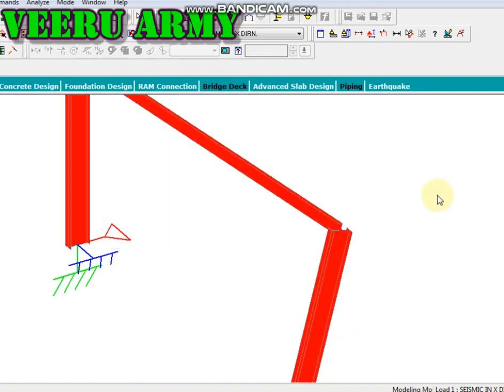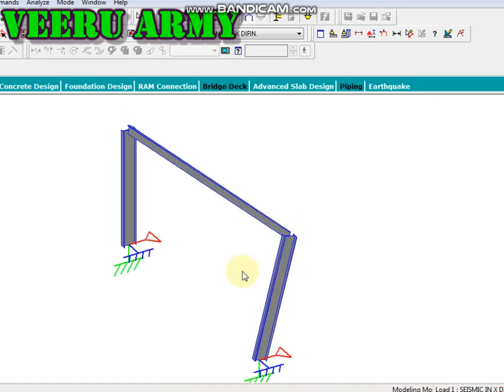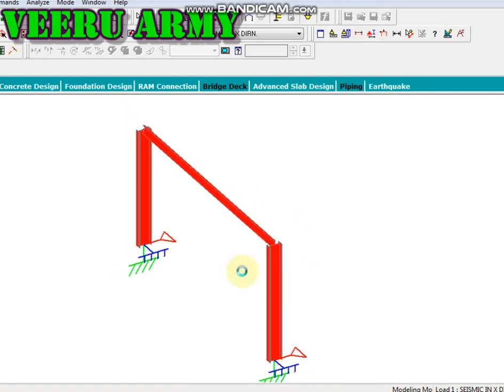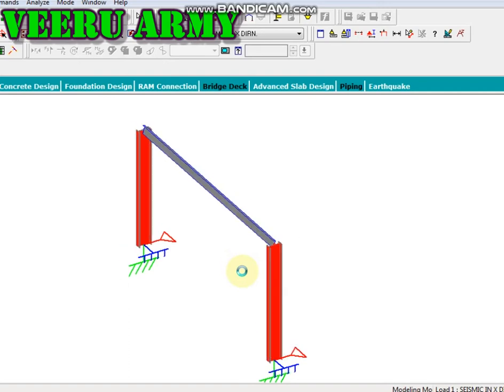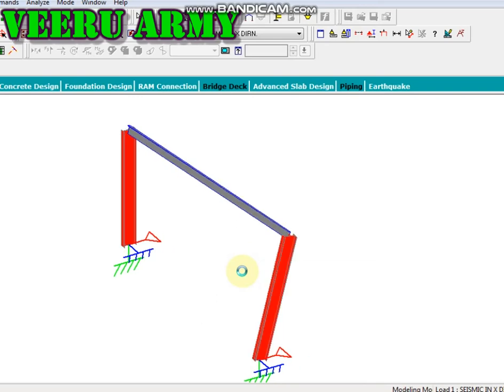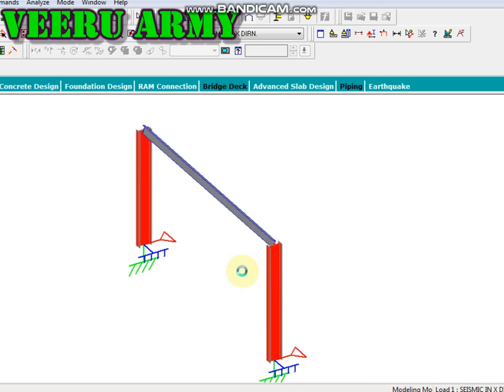Okay, you can see it. The column will be moved in such a direction, but when the column moves about the z-axis, then the girt will not